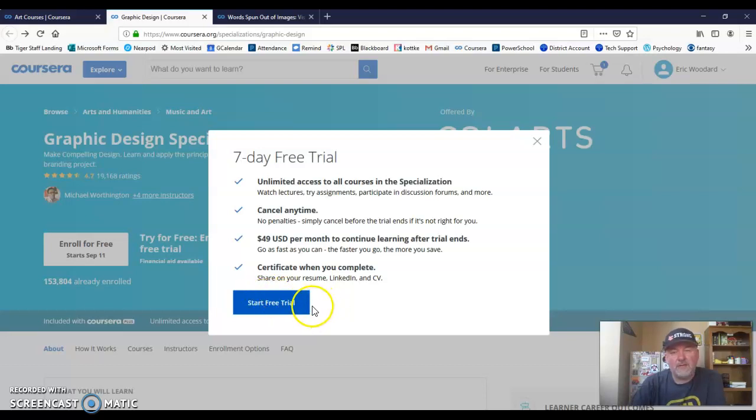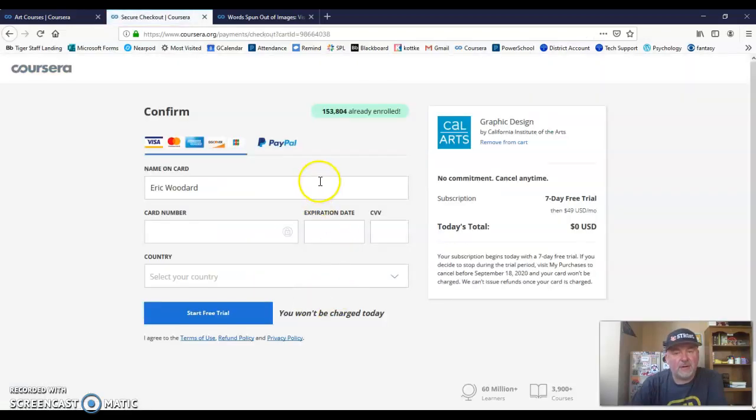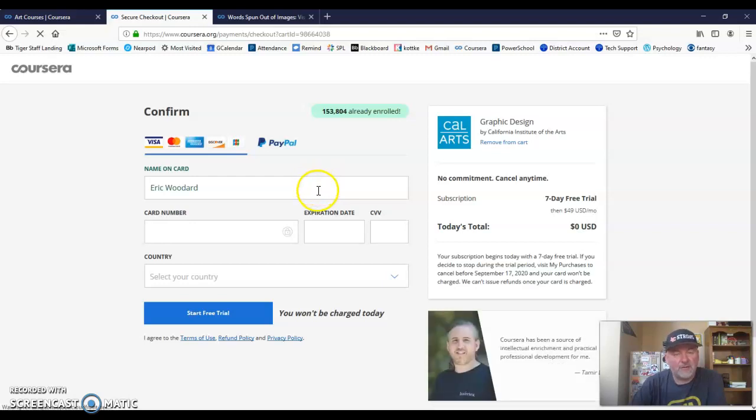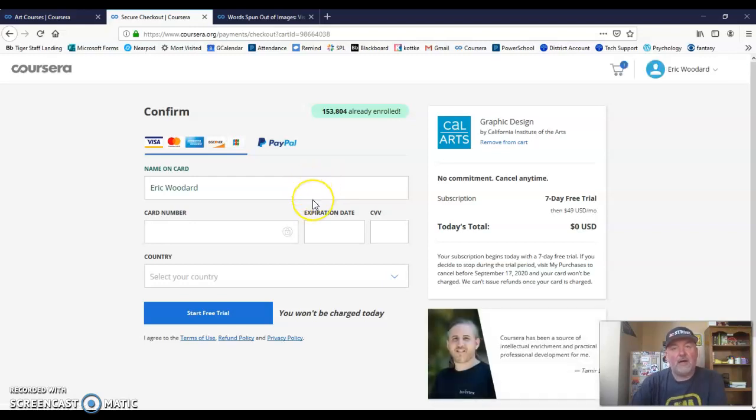So if this is a class you really, really want to take, great. When you click Start Free Trial, it's going to ask for credit card information. You don't have to give your credit card information. I will send that in to the people downtown, and if they have your username and password that is correct, they will go in and pay for it in like a day.